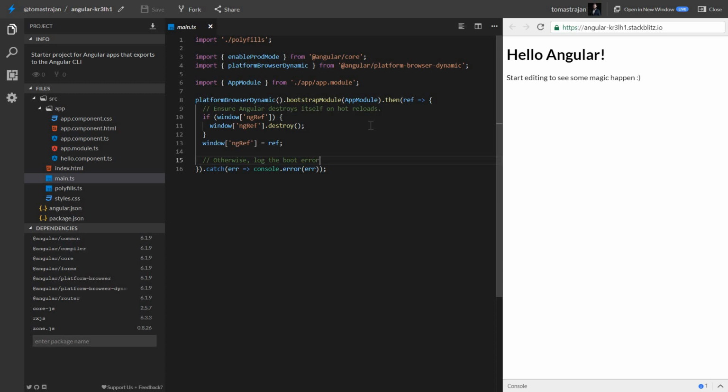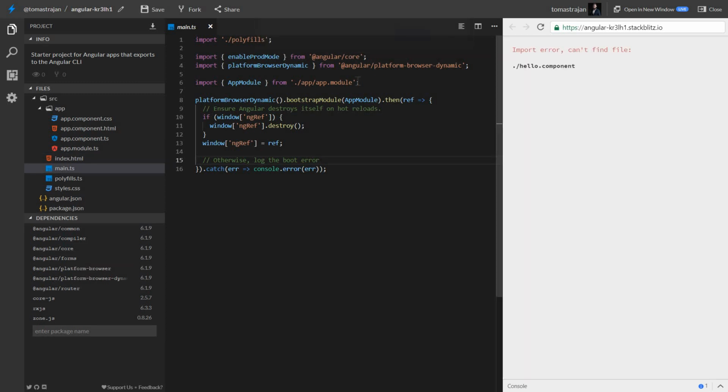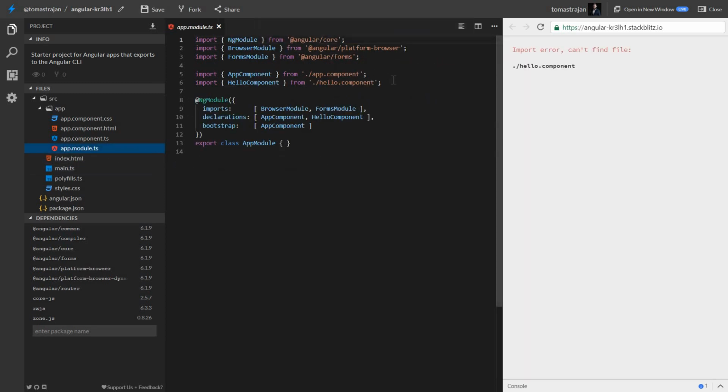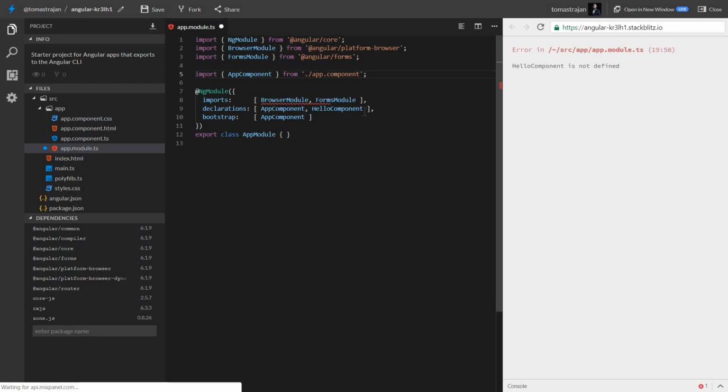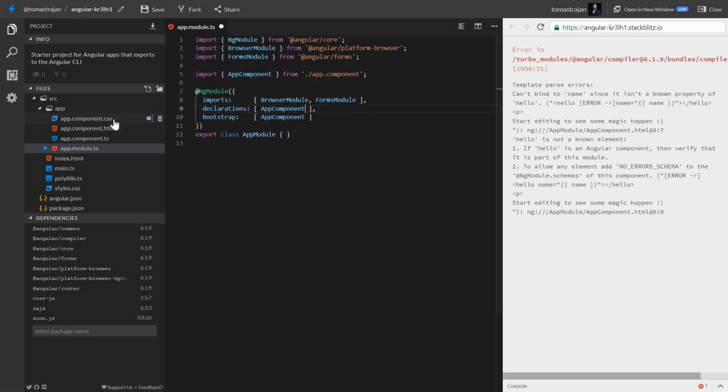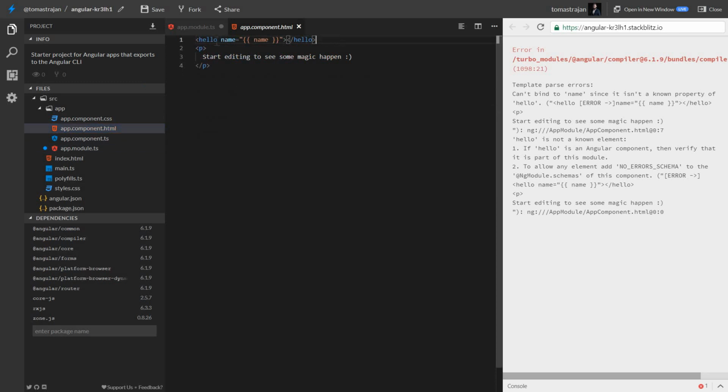Hot reloading is even much faster than full rebuilds, even though with these small examples it shouldn't really matter. The first thing we want to do is clean this up so we have a clean slate. So let's delete the hello component, which we will not need. Let's remove its import and remove it from declarations. And of course we also have to remove it from the app component, as you can see in this error,